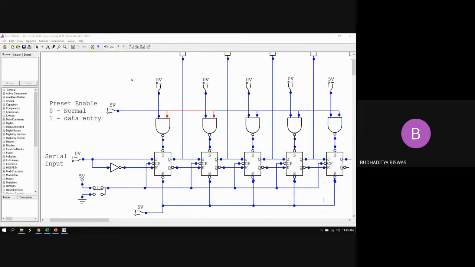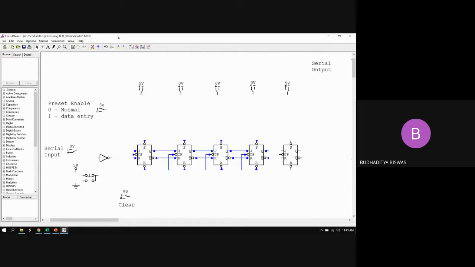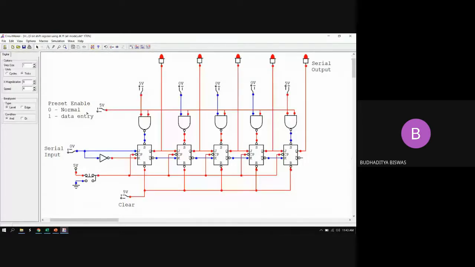Okay, so now let's see the operation of this one. So run the circuit. First you need to connect it to the normal mode and just clear these things. So everything is clear. Now you see, if you want to store the data serially, say the data are 10101. So first you need to connect the serial input to 1, then give just one clock pulse. So on the occurrence of the clock pulse, this one is actually stored inside this one and it is reflected as the output LED. So let's check. I give a clock pulse and you see this one is stored here.